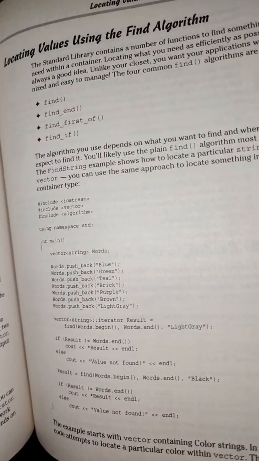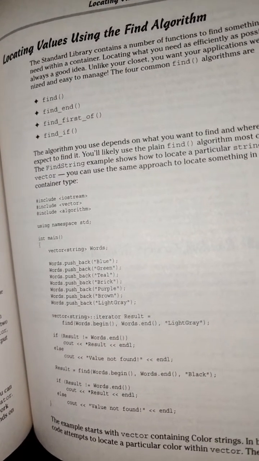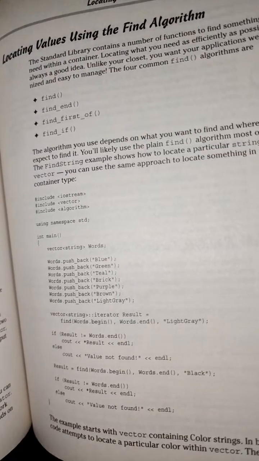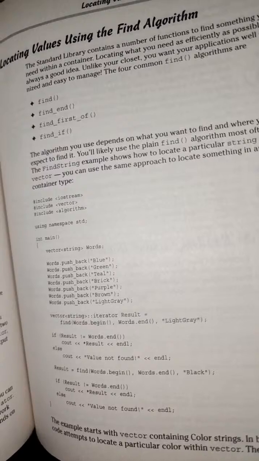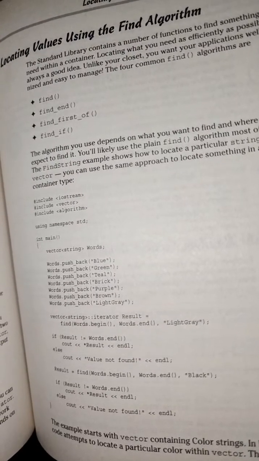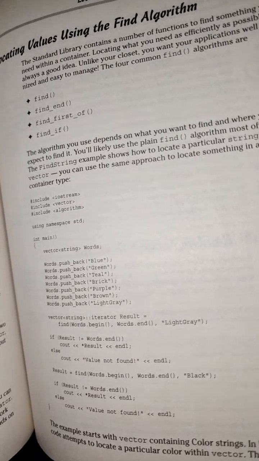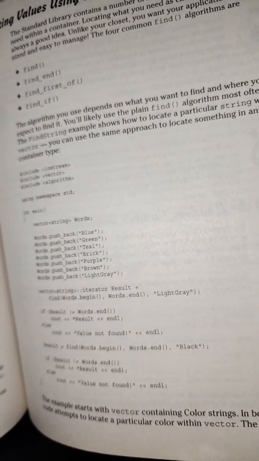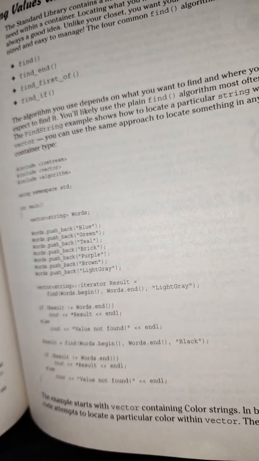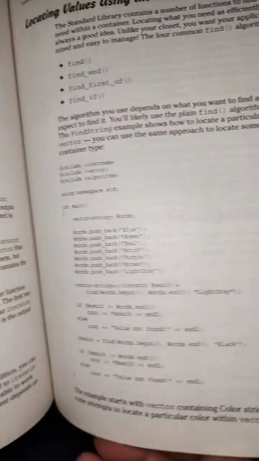Words that push back blue, words that push back green. Words that push back teal, words that push back brick. Words that push back purple, words that push back brown. Words that push back light gray. Vector string iterator result, find, words that begin, words that end, light gray. If